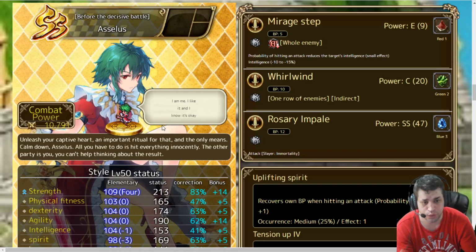And they always cost 8 BP. Can be reduced to 6. That means that you can use it every 2 turns. But Mirage Step starts with 5. You can get this reduced to 4. Asellus has